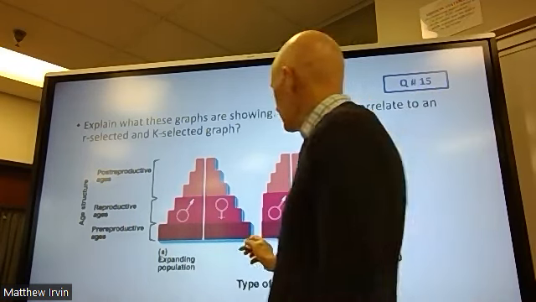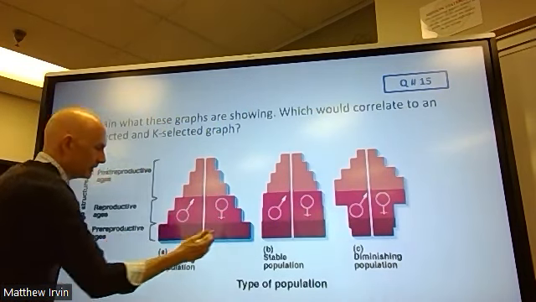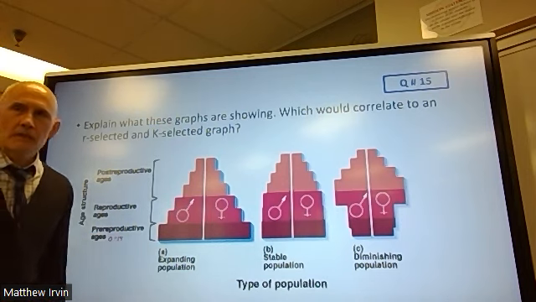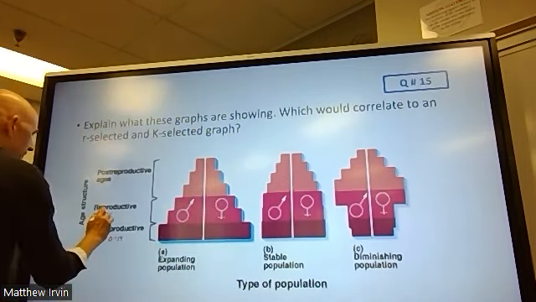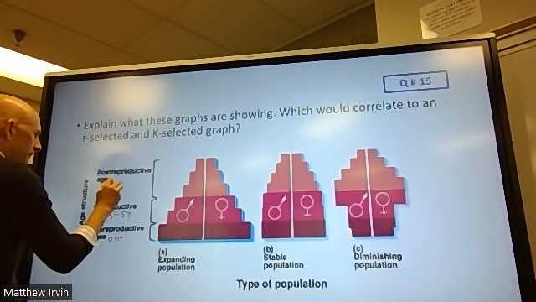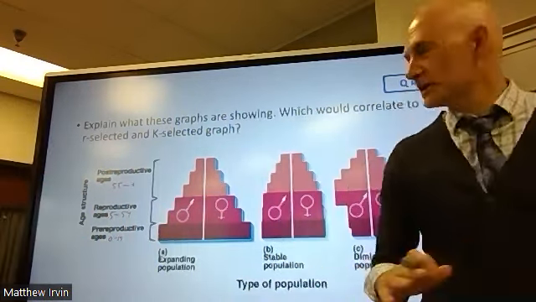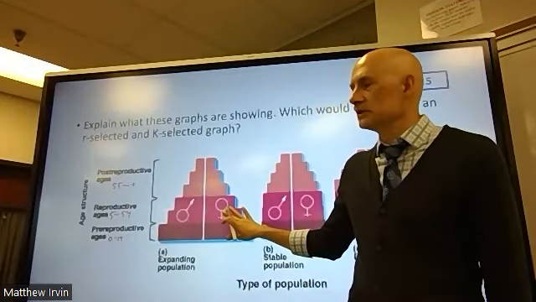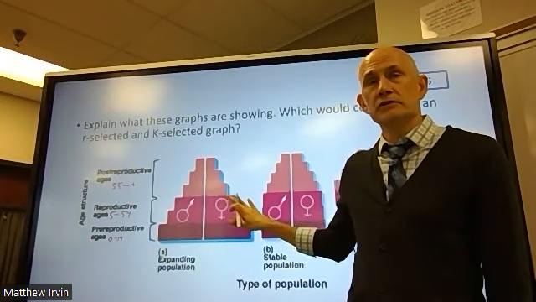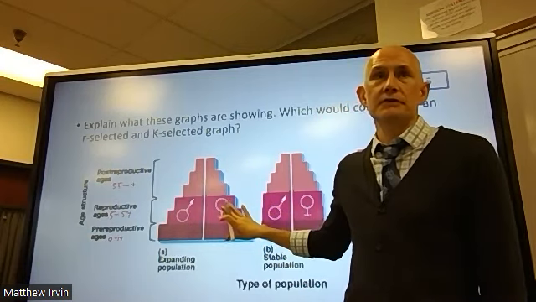But basically, remember that you've got your pre-reproductive ages down here. So these are your kids, ages 0 to 14. Your reproductive ages are typically 15 to 54, and then post-reproductive is 55 plus. What this shows us is typically a population in an underdeveloped country. You don't have lots of healthcare, lots of resources, but it has a great potential for growth.